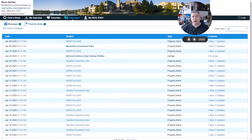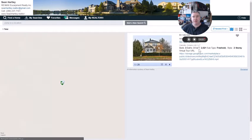And if you move to the right, you'll see it's typed. It's a property alert. Or if I sent you just listings, it'll say listings. 0 new, 1 updated. So you'll know when you click on this, this is going to be a property that you've seen before, but something has changed. For example, this particular one here,